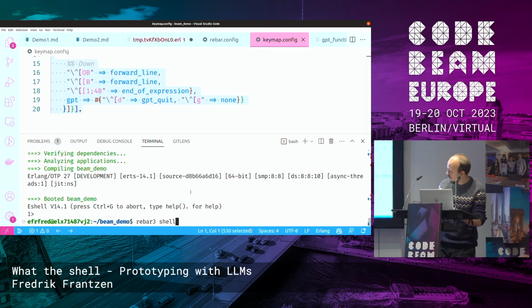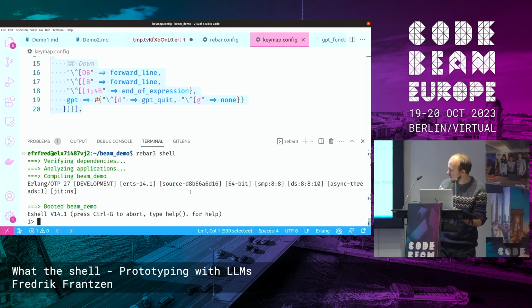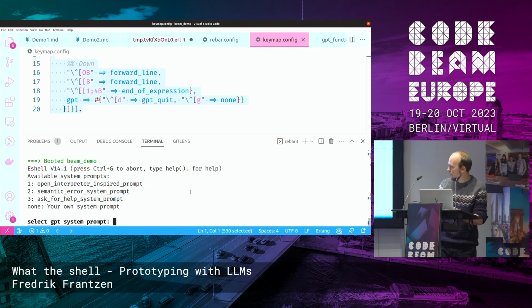What happened? I have the key map there, yes. Oh, there we go. So this one is a little bit rough. It needs more polish, but here I can select which prompt I want to use.